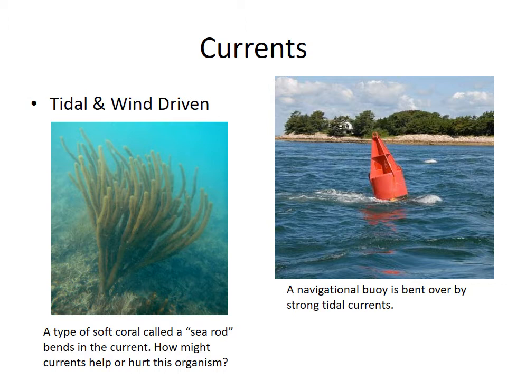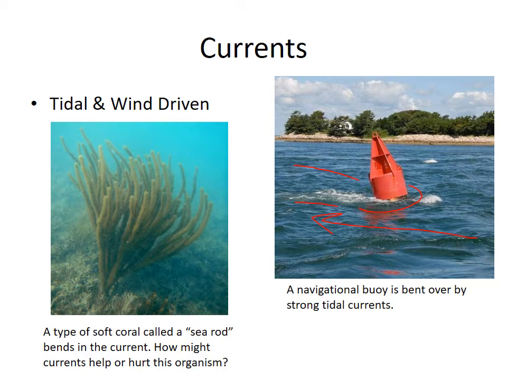Anyways, what you see in the diagram on the right here is strong currents rushing in through a narrow pass into a bay, and you can see that the currents are really swirling around this buoy, and you could imagine that organisms that are living on the bottom of this channel would be getting swept pretty strongly by these strong currents,